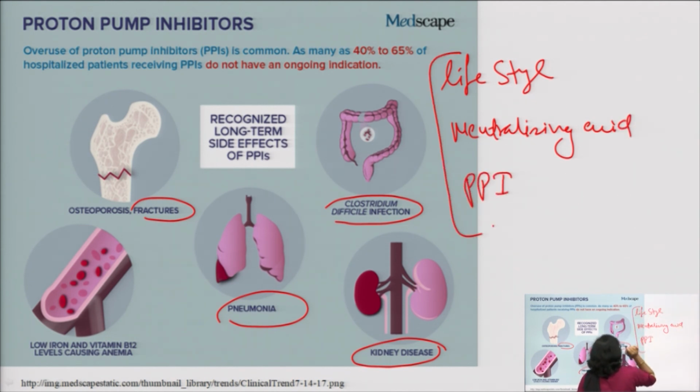There are 3 options to deal with this problem. So, if you are changing your lifestyle, how will you do it? In the first slide I showed you, don't use alcohol. You leave smoking, you take a proper diet, you change your eating habits,